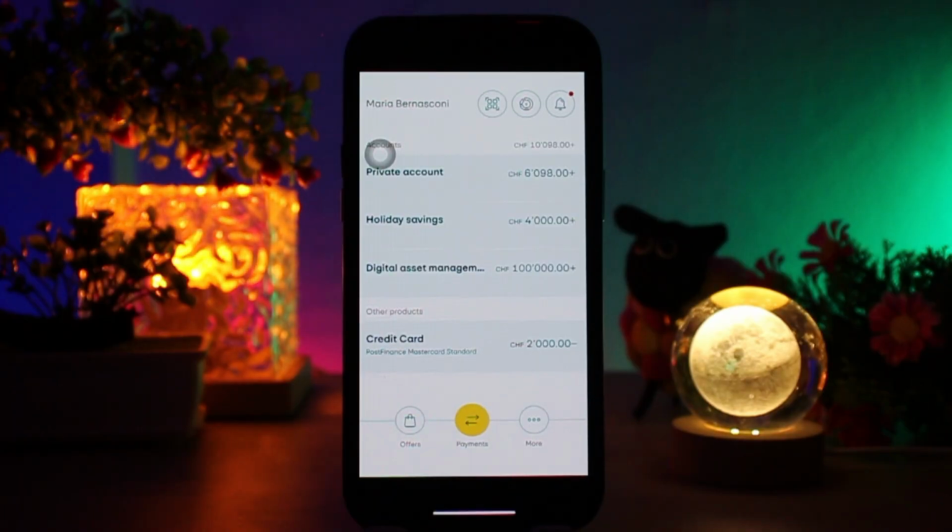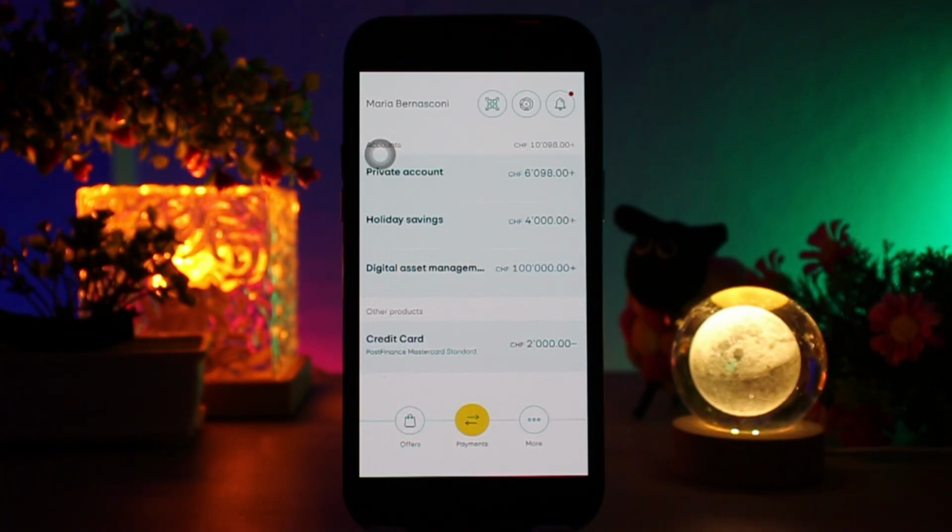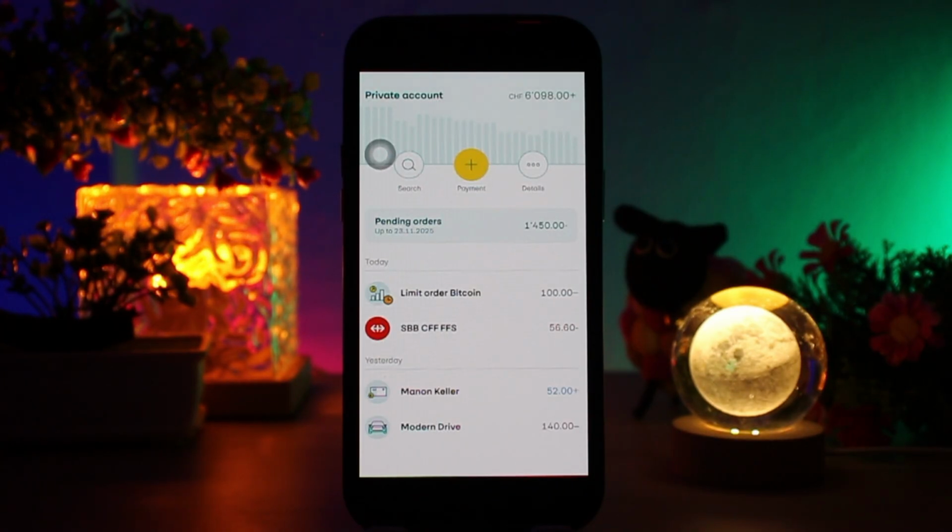And once logged in, on the home screen you will see your accounts, current balance for each account. Now tap on the account to view the available balance, pending transactions, recent payments, and